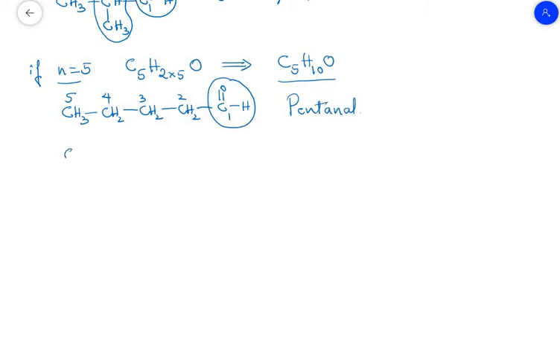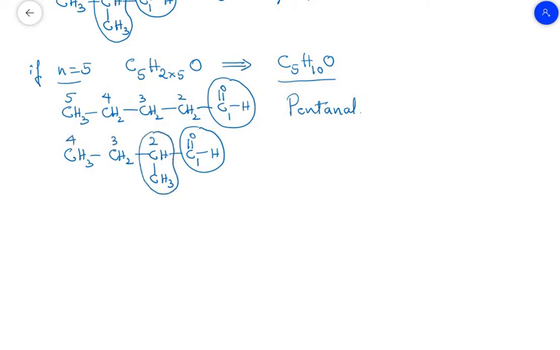Now I can do branching by writing here CH3, then CH2, then CH, then one of the carbon atoms I can flank it here by writing CH3, then followed by C double bond O and H. Now this is the functional group aldehyde that is having number 1. This becomes 2, this becomes 3, and this becomes 4. But at second position we are having one branch, that is CH3. So therefore the name of the compound becomes 2-methyl butanal.